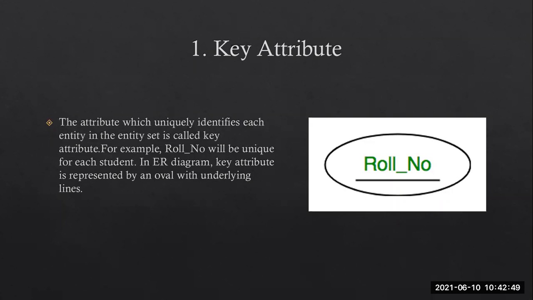Once again, I'll read. It uniquely identifies each entity in the entity set. Identifies means what? Unique. Sai Prakash is not only one; n number of Sai Prakashes and n number of Aishwaryas can be there. Maitri is alone here; if I call Maitri, only one Maitri will come. If I call Aishwarya, all Aishwaryas will come.